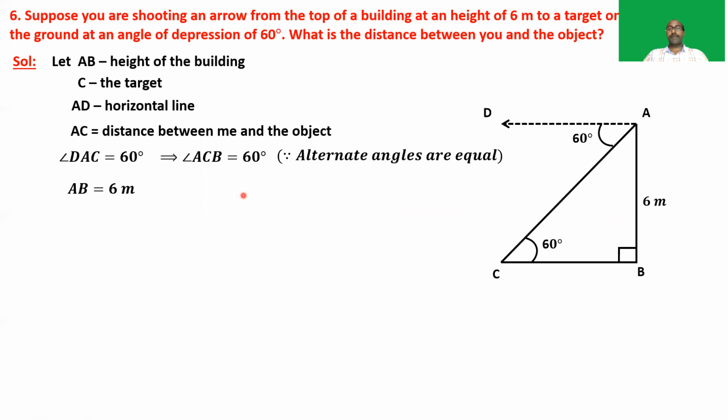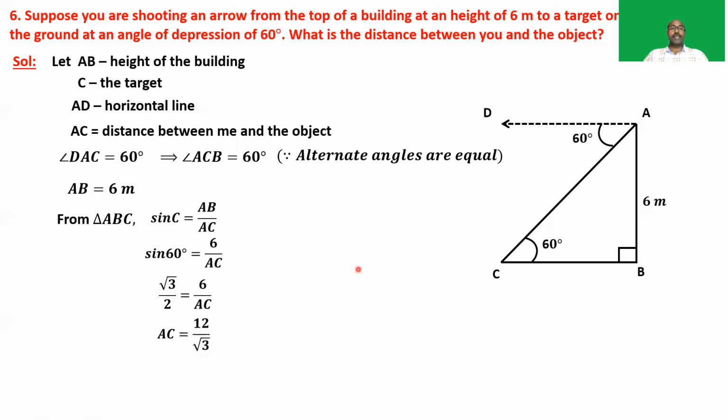AB is 6 meters, and from triangle ABC we have the opposite side with respect to angle C, and we need the hypotenuse. So the trigonometric ratio related to opposite and hypotenuse is sine. So from triangle ABC, sine C is equal to opposite by hypotenuse, that is AB by AC. Now substituting the values, we get sine 60 degrees is equal to 6 by AC, because AB is here 6. Sine 60 is root 3 by 2. Now AC is 12 by